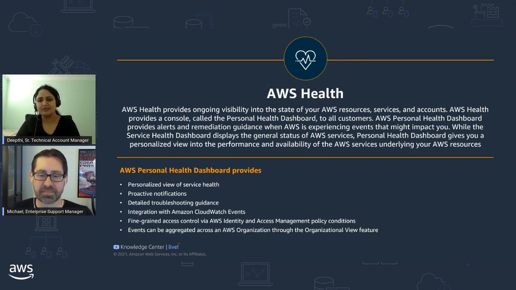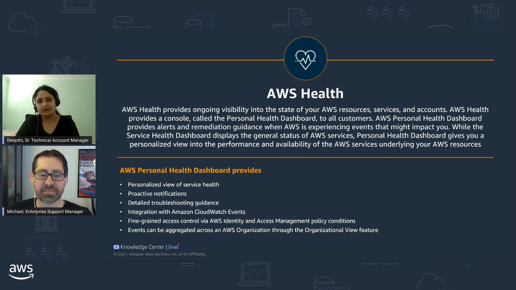This is good. But surfacing these remediation guidance so you can self-help and get out of the problem is also equally important. So along with all of this information about the event, Health API or PhD events also will give you deep links to knowledge base articles and AWS documentation. Great. So we have got all the information required.